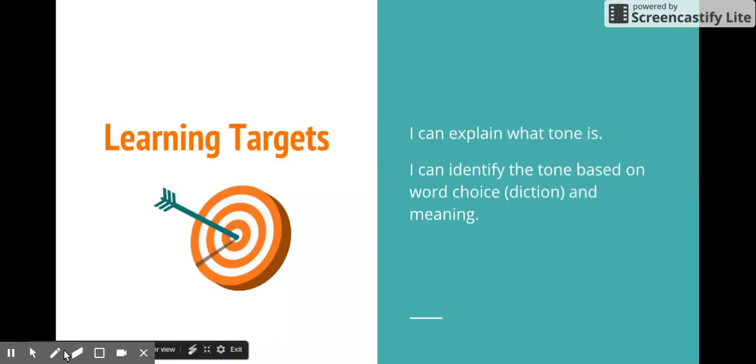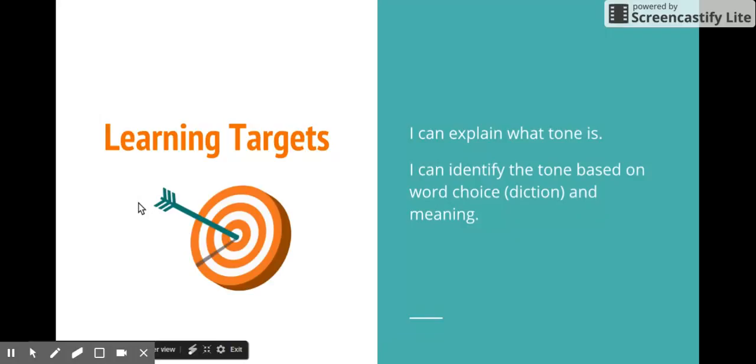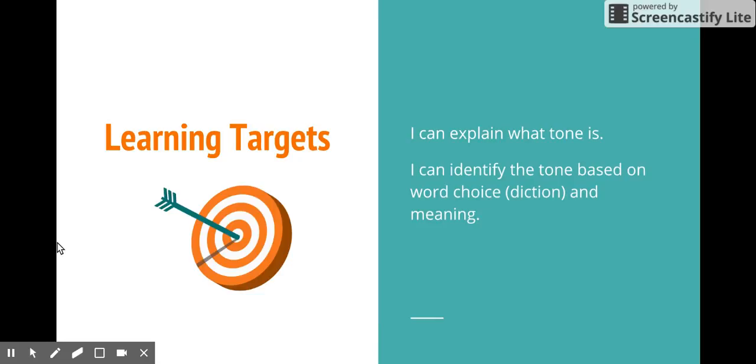So tone is very important, especially when you're thinking about reading or writing, okay? These are your learning targets, so remember this is what you're supposed to be able to do with tone. So number one, I can explain what tone is, and number two, I can identify the tone based on word choice or diction. Alright, so these are the things that you should be able to do whenever we're talking about tone. So, going on,